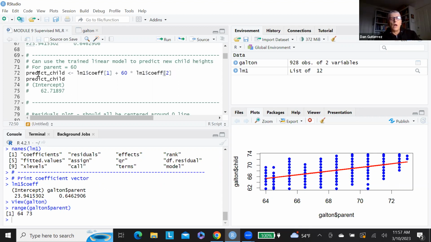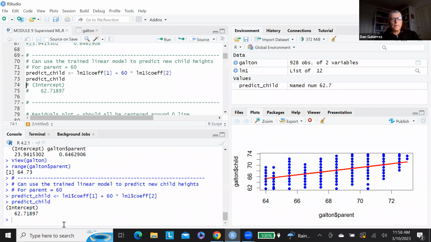In this case, y is the predicted child height, x is 60, m is the coefficient value, and b, the y-intercept, is the second coefficient. So I'm pulling these coefficients out of the linear model to use in this formula to predict a new child height. When I run this and display it,